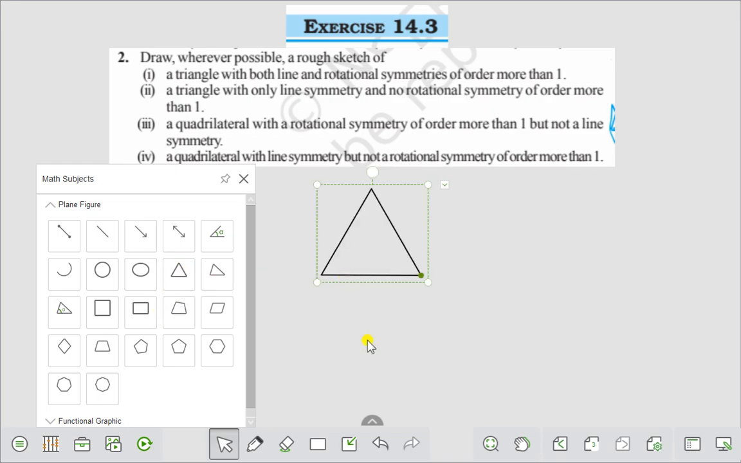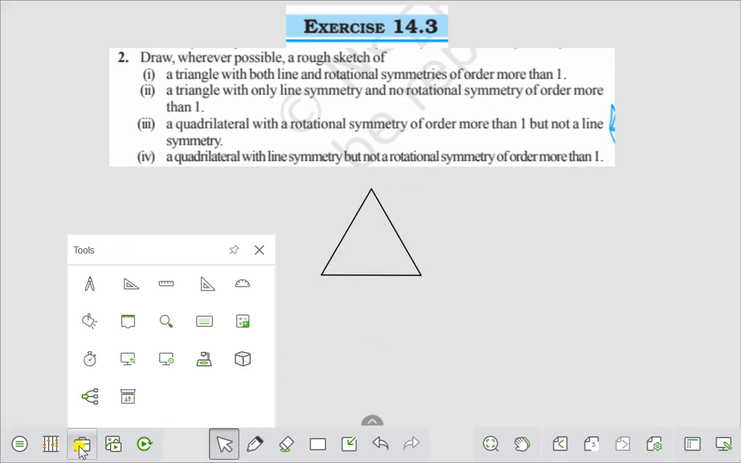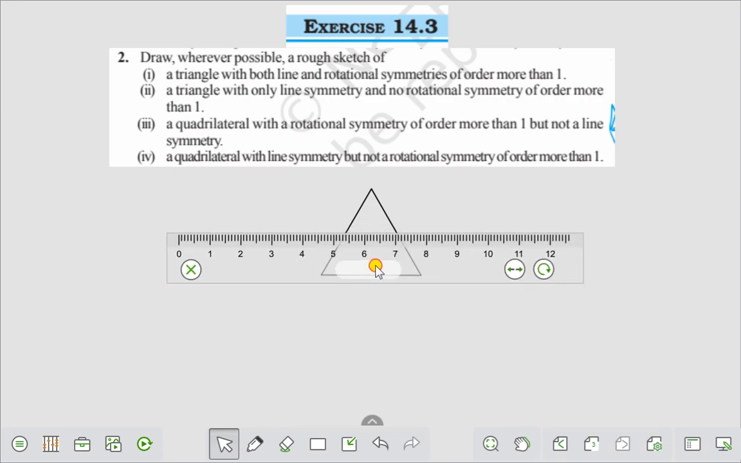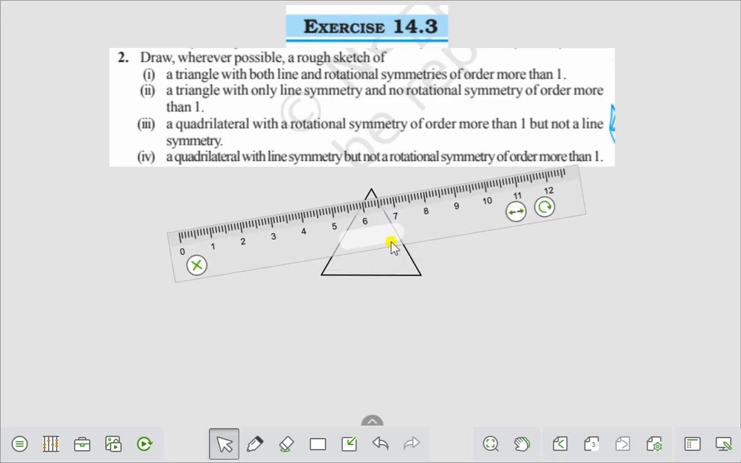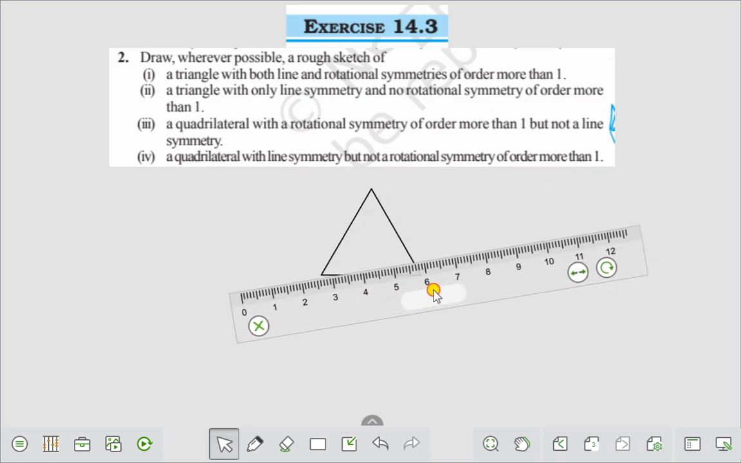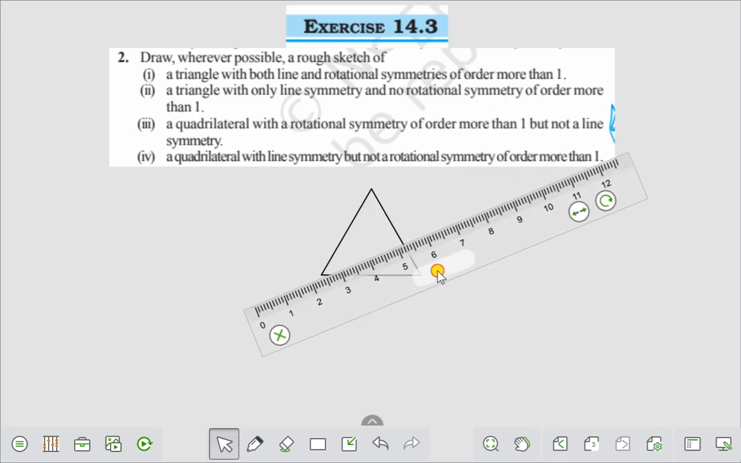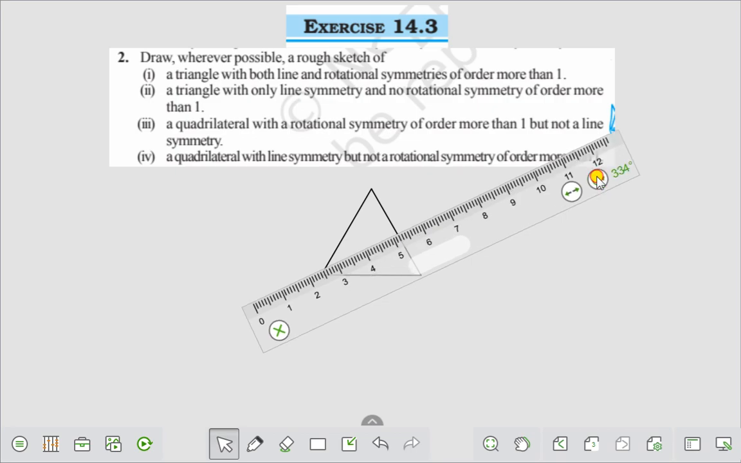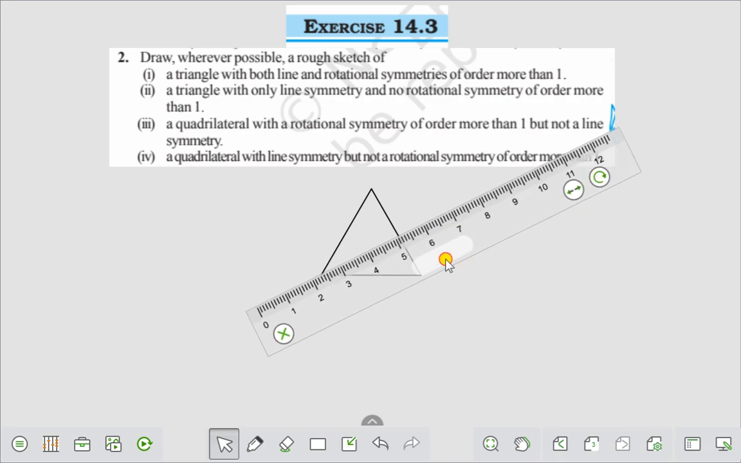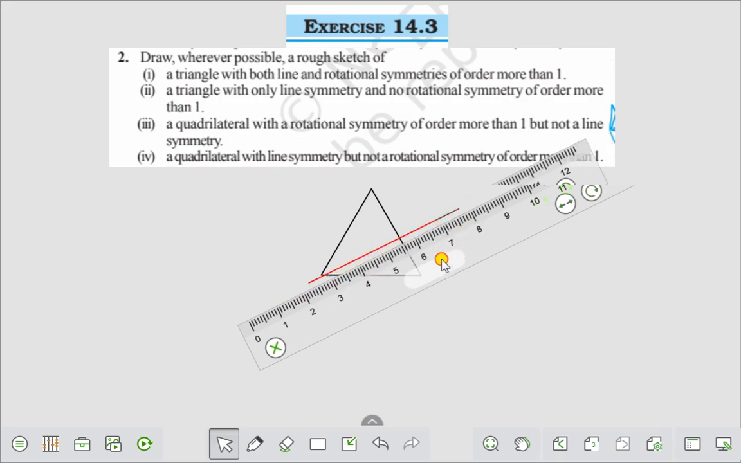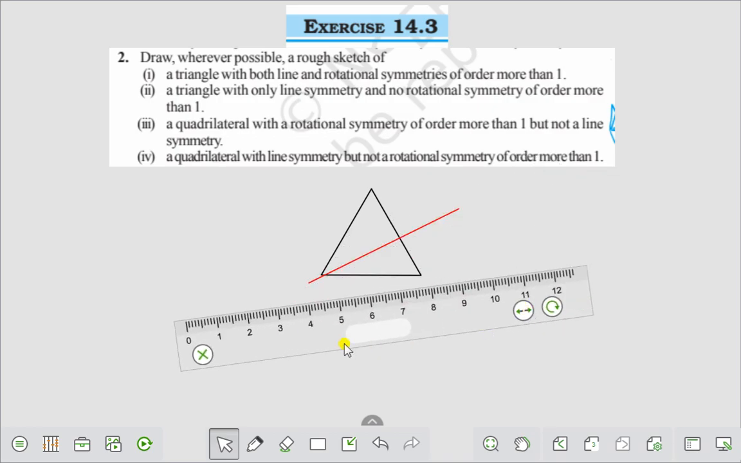This is an equilateral triangle, and if we draw the line symmetry, we are getting 3 lines of symmetry. Here you see, we are getting 3 lines of symmetry, that is, this one is one line symmetry, this one, that is one line symmetry, right? And this one is another line symmetry,